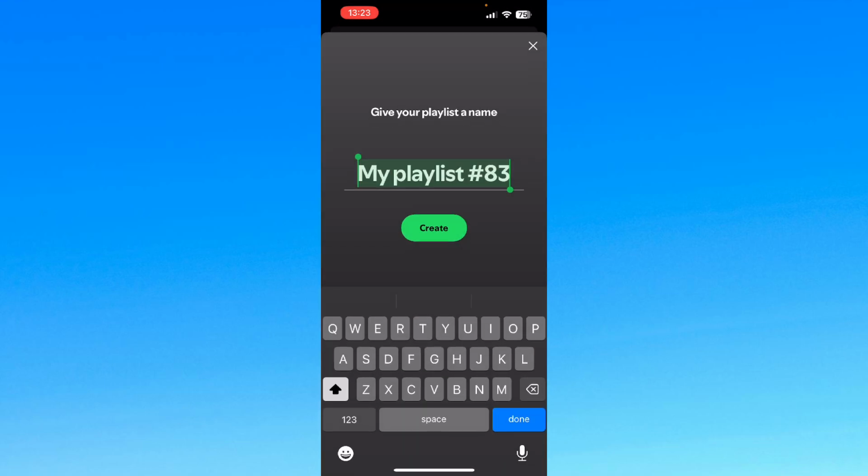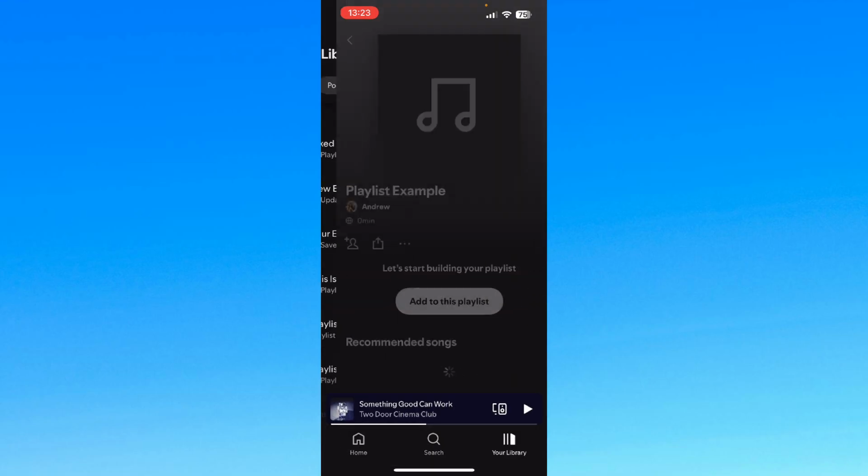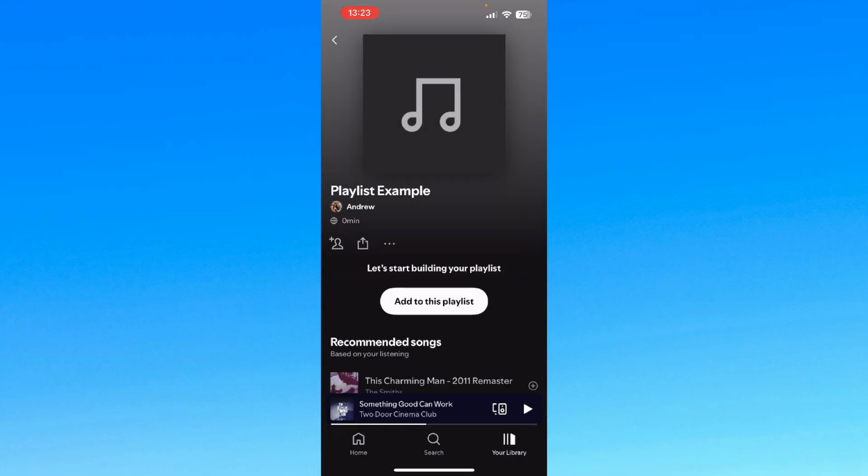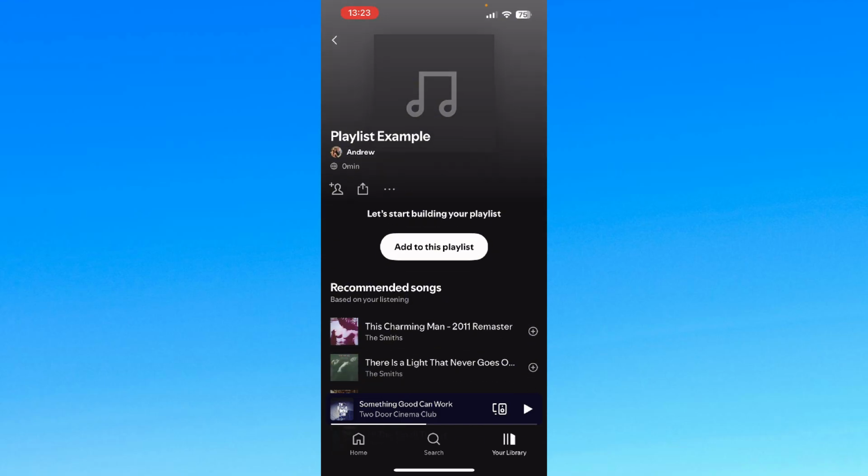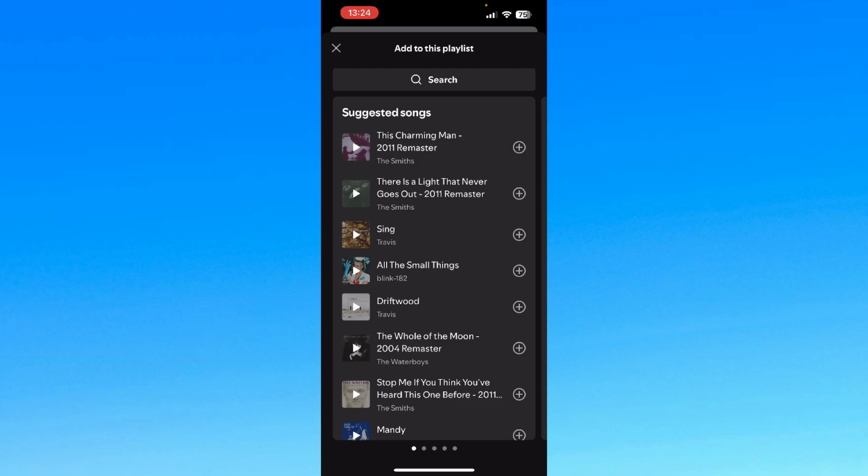Click that, and that's going to give you the option to name your playlist. For me, I'm going to type in playlist example and then the green button, create. And this is your playlist right here. From there, you want to click the add to this playlist white button in the middle and start adding different